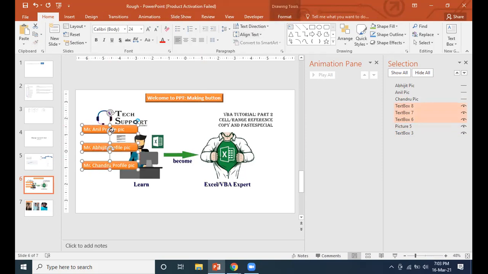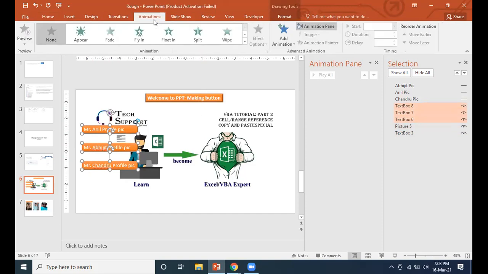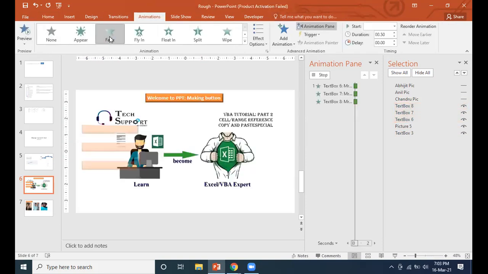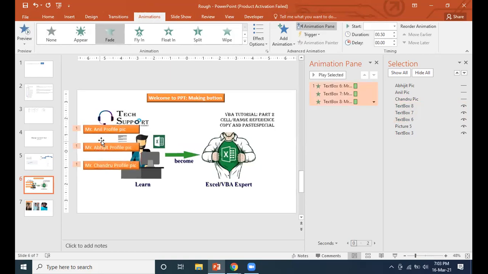Then we have to select these three and apply this animation, and they will come. But the thing is, when you apply this animation to the text, the old things like this image and that text will be there by default. Along with that, we have not mentioned any animation to the profile pics. As of now, these are hidden.